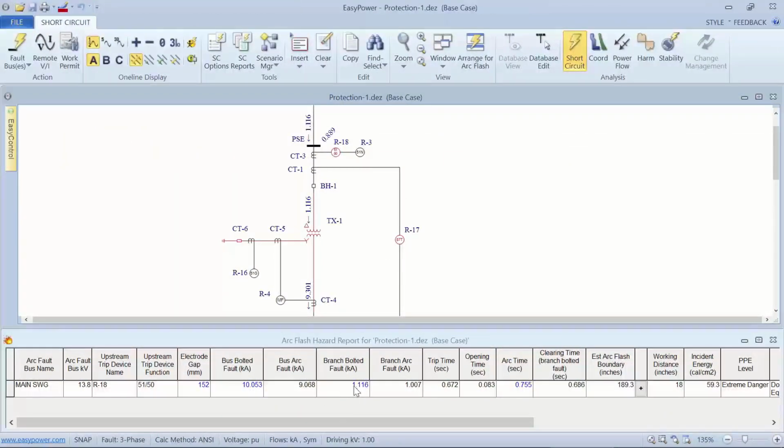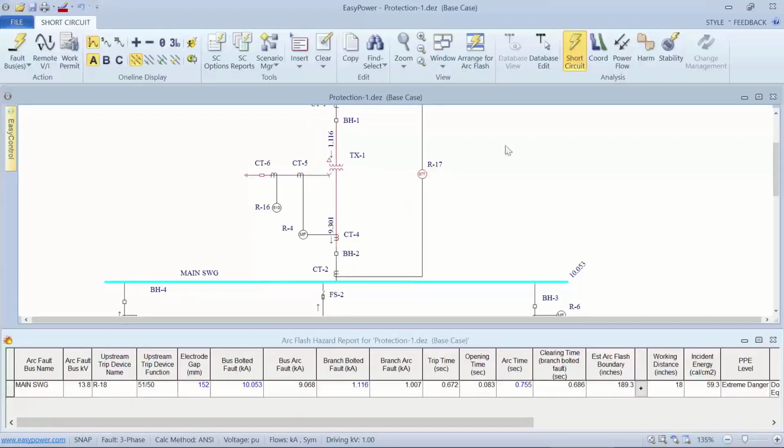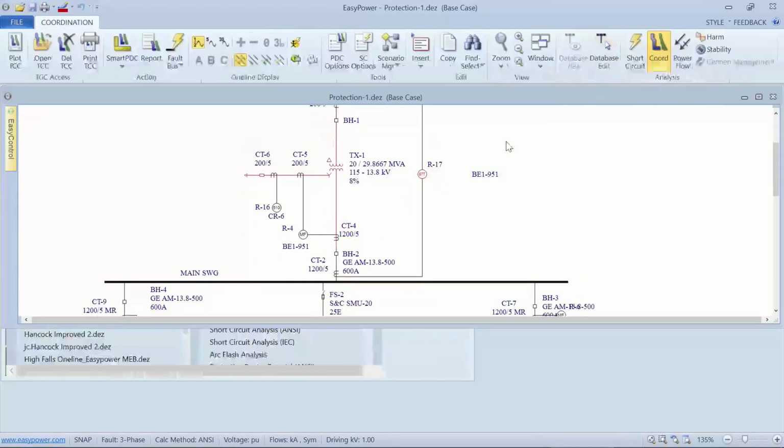The branch fault current is 1116, which we saw, and we see where it's being cleared on the 5150 function at a little over half a second. This is just my arc flash hazard report, which shows me the current on the secondary fault. Now I can look at the same thing if I come back to my coordination